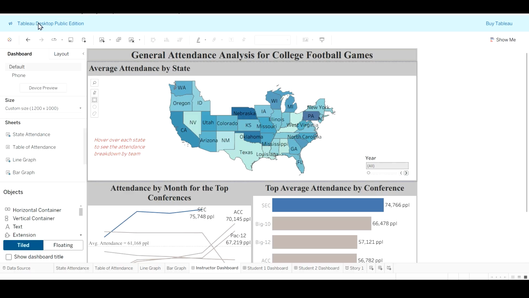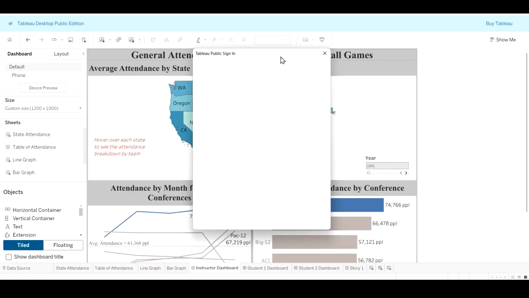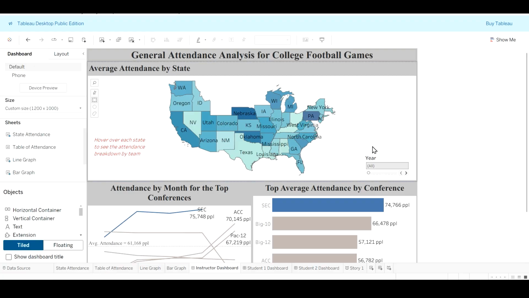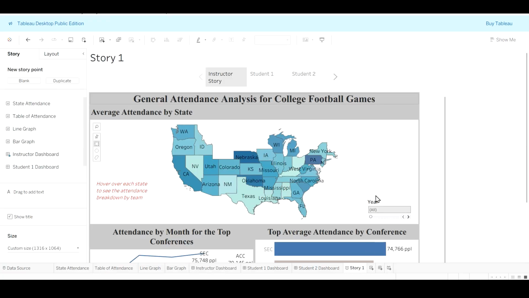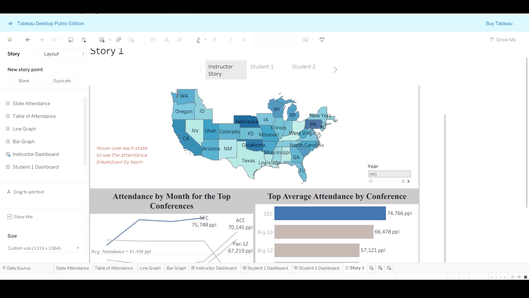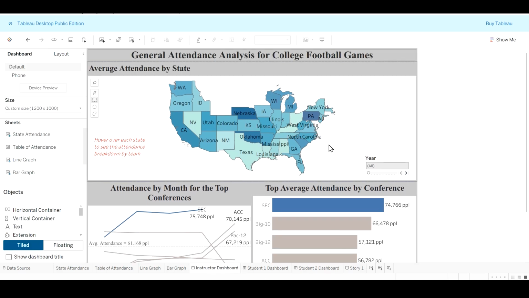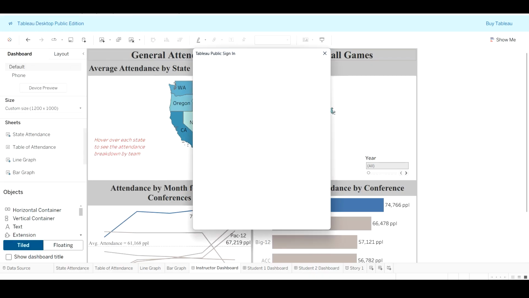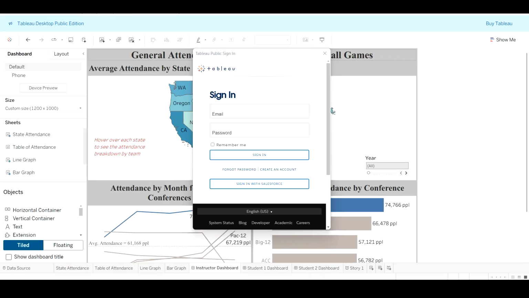Okay, so let's go ahead and save locally, so I'm going to do file, save. Hopefully you've been saving throughout. Again, if you put this on the story already, notice some things do update, which is really nice. Just being cautious, but I like the buttons, though again, it's up to you. What we're going to do is then do file, save to Tableau Public as, and I would probably